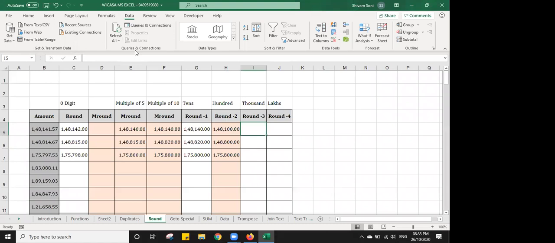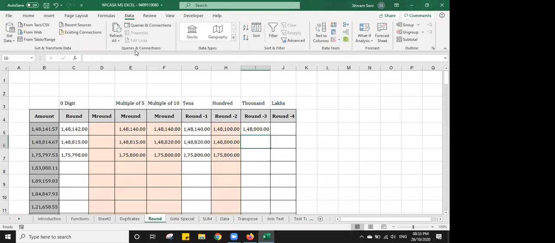Same way, if we use -3, it will round up to thousands. You can see all my data will be rounded up to thousands. And if you use -4, it will get rounded up to lakhs.